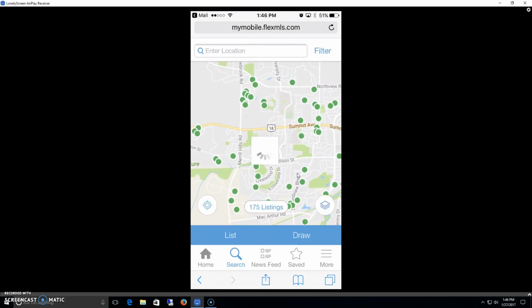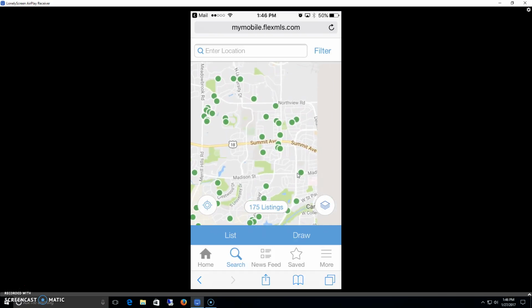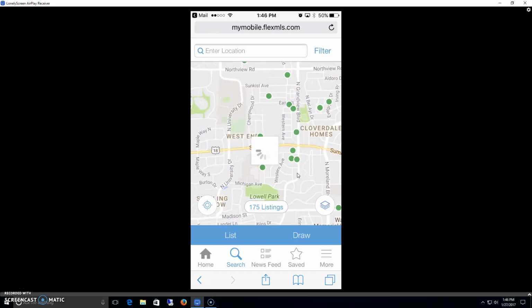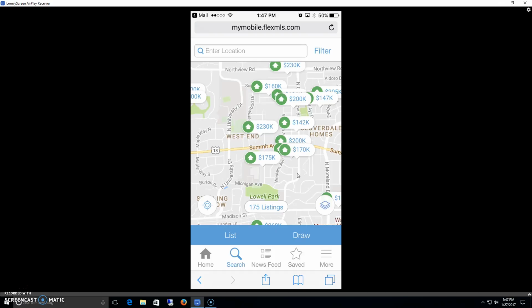Let's try that again. There we go. So now, as we got in closer, we are able to see the house icons and they're priced in their white text bubbles there. If we tapped on any one of these, it would pull up that listing for us to view. So if I were to tap on this one right here, the 230K one,